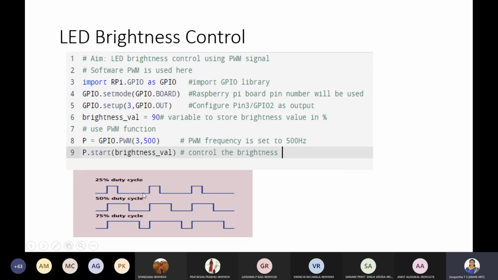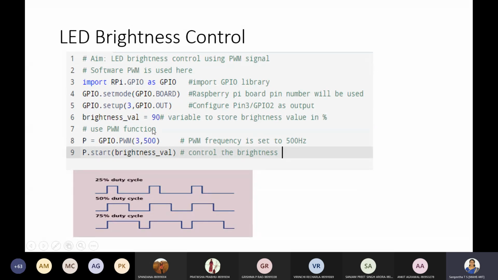A 50% duty cycle means it will be bright for half of the time, and if you want 75% of the time, then this will be the case. So basically the brightness value is nothing but the duty cycle of a pulse.